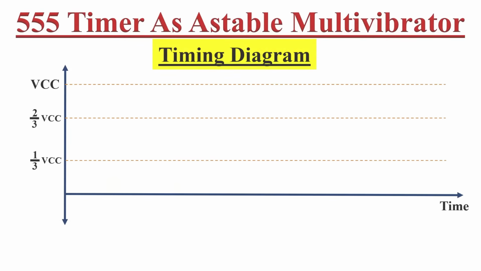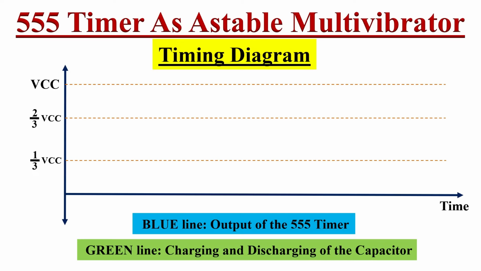And if we see this in a timing diagram, here 2/3 VCC and 1/3 VCC levels are represented in dotted lines, and we will represent the output of the 555 timer in blue line and charging and discharging of the capacitor in green line. So initially, whenever the circuit is just turned on, at that time the output of the 555 timer will be high and the capacitor will start charging towards the VCC voltage. As soon as the voltage across the capacitor reaches 2/3 VCC voltage level, then we will see a transition